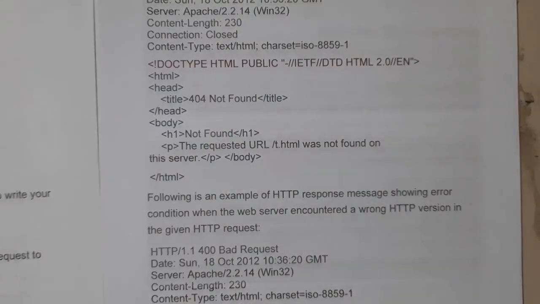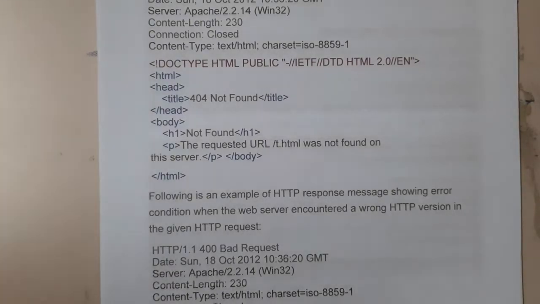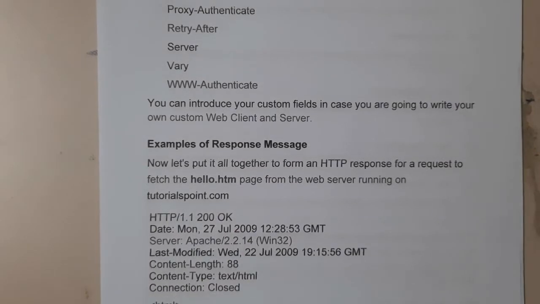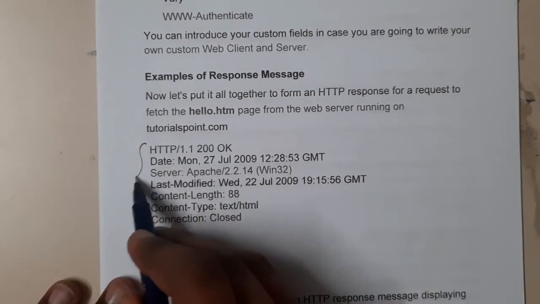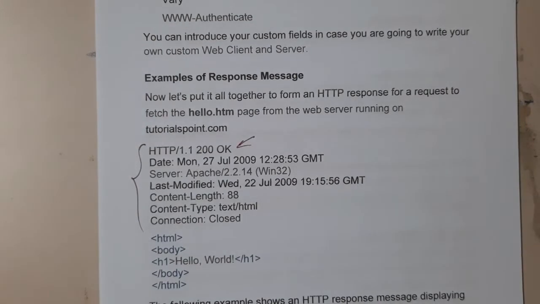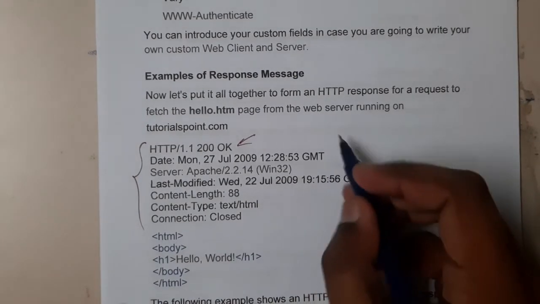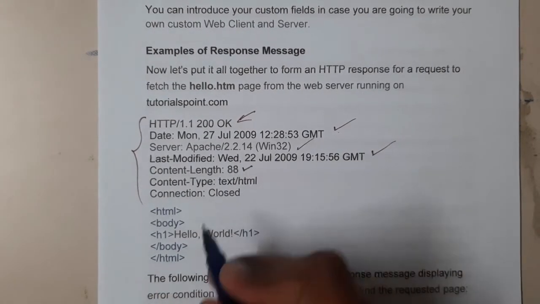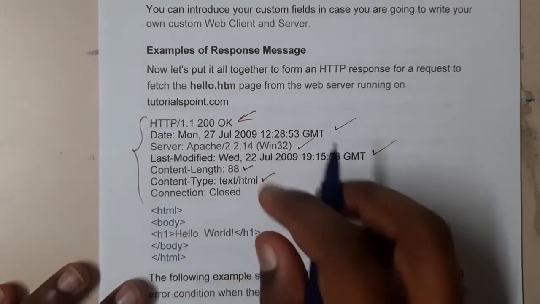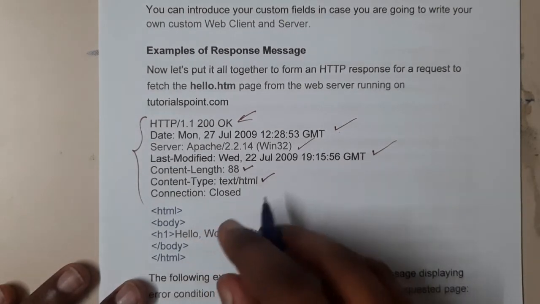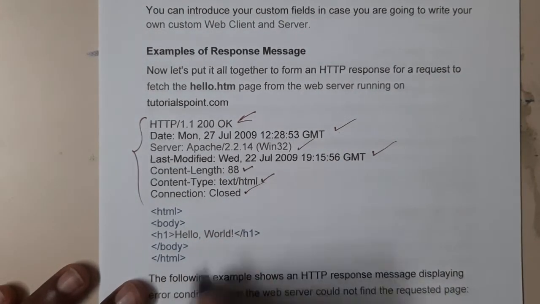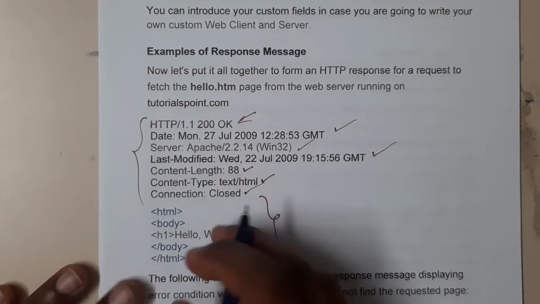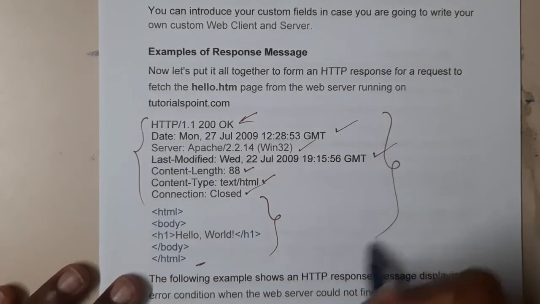Now you might have a doubt: we got the idea, so how does the response header look? The header will be in this way, guys. Here is the response that it got. It gave 200, means it is a success or an OK message. After that, you have the date and the server type, the last modification, and the length of the content. After that, you have the file you got in return based on your request. After the connection is closed, this is the result that you got. You got the HTML code with a length of 88 characters. This is an example, guys.